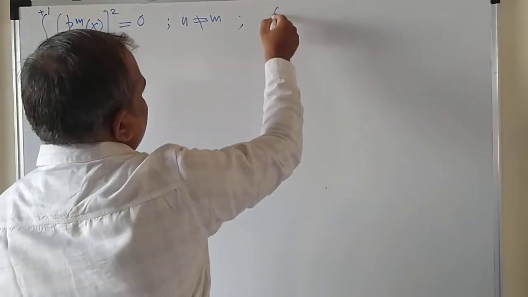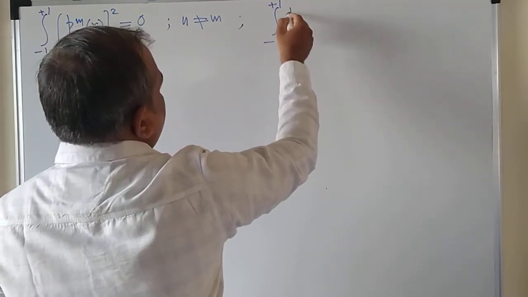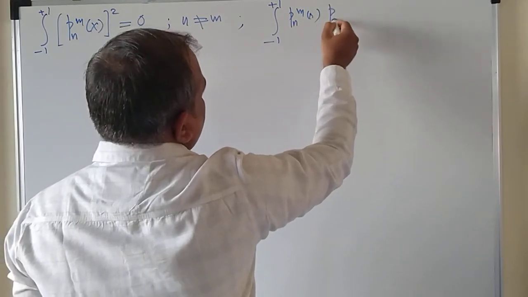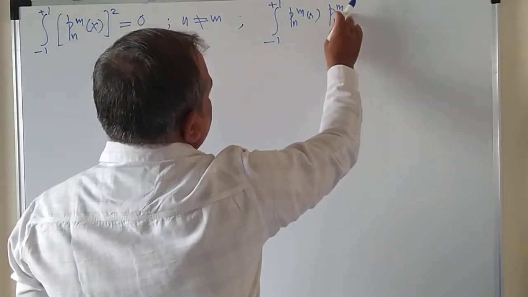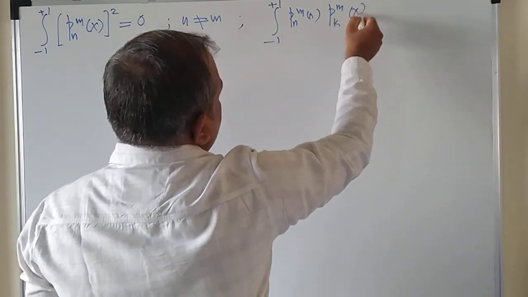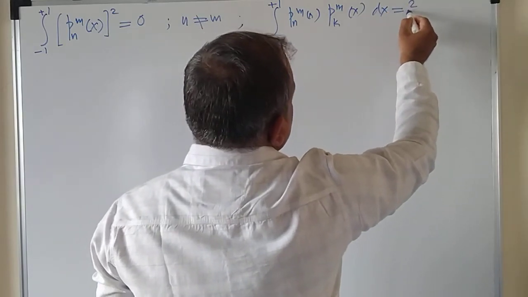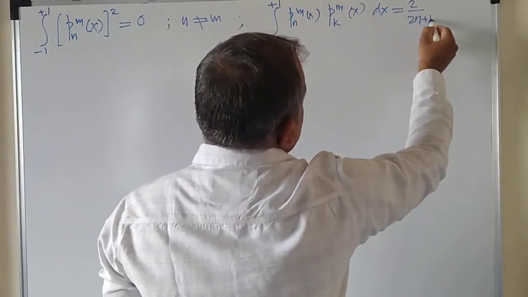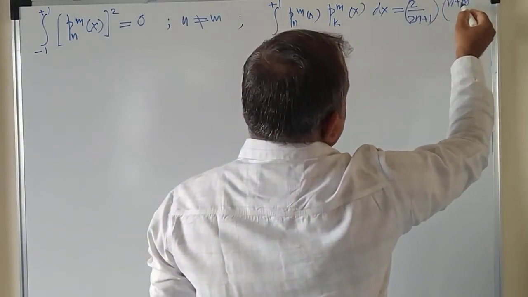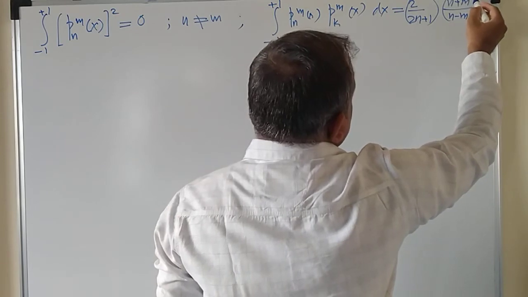The second property I will write here: the integral from -1 to +1 of Pn m of x into Pk m of x dx is equal to 2 divided by 2n plus 1 into (n plus m) factorial divided by (n minus m) factorial